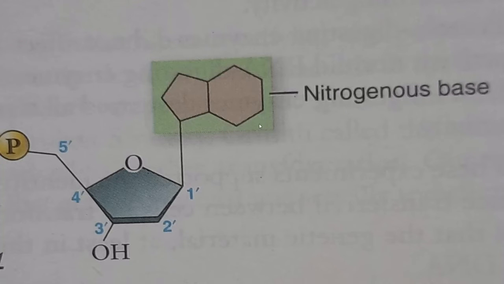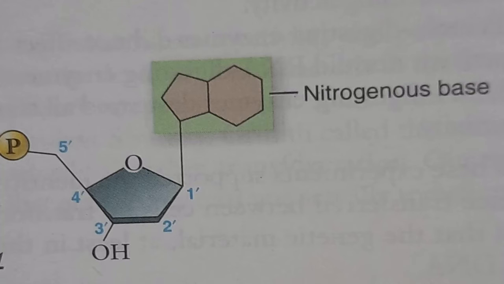So this is how these three are linked to each other. The nitrogenous base, this is a nitrogenous base. It is a purine as it has a double ring, while pyrimidines are nitrogenous bases with a single ring. So adenine and guanine are the purine bases. Adenine has an amino group on the carbon 6 position of the ring, while guanine has an amino group at the carbon 2 position and a carbonyl group at the carbon 6 position.